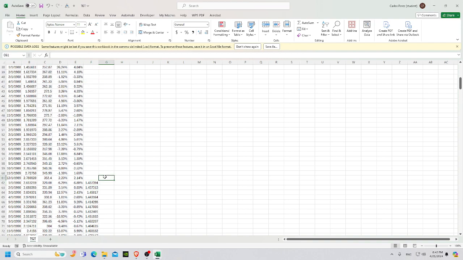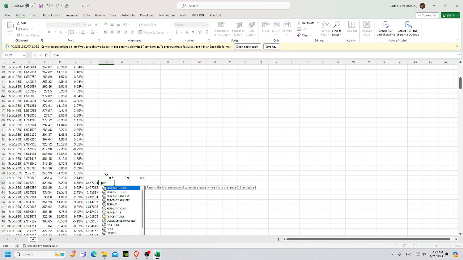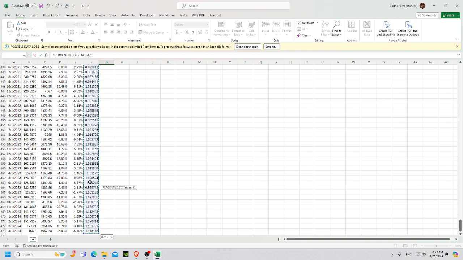So now we're going to want the median, which is 0.5. We're going to want the 90th percentile, 0.90. We're going to want the 10th percentile. And to calculate this, we're going to use the percentile formula. Make sure you're using this one. Our array is going to be our betas. So we go Control Shift down. Then we do comma. Actually, before you do the comma,